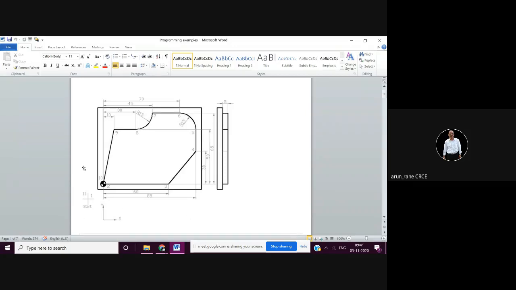So you have to fix what the diameter of the cutter will be. You have to choose the diameter in such a way that this area is cleaned up. Now what is the gap between this and this? Suppose this workpiece is 100 mm and this is 85.